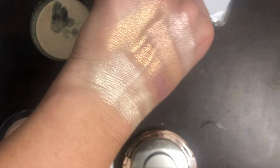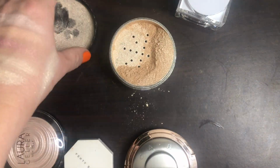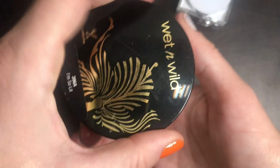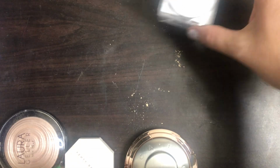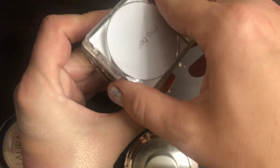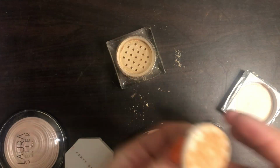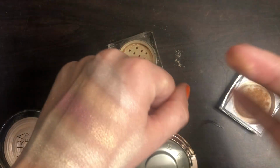So there's that. I will say though, they're a mess, so, pros and cons. I sometimes will use this on my collarbone in the summer, so it's kind of fun for that. And then I got this one, the RMS Beauty one, in a clean beauty at Sephora pack, and this one's a little too dark for me, so I don't use it a whole lot, but still really